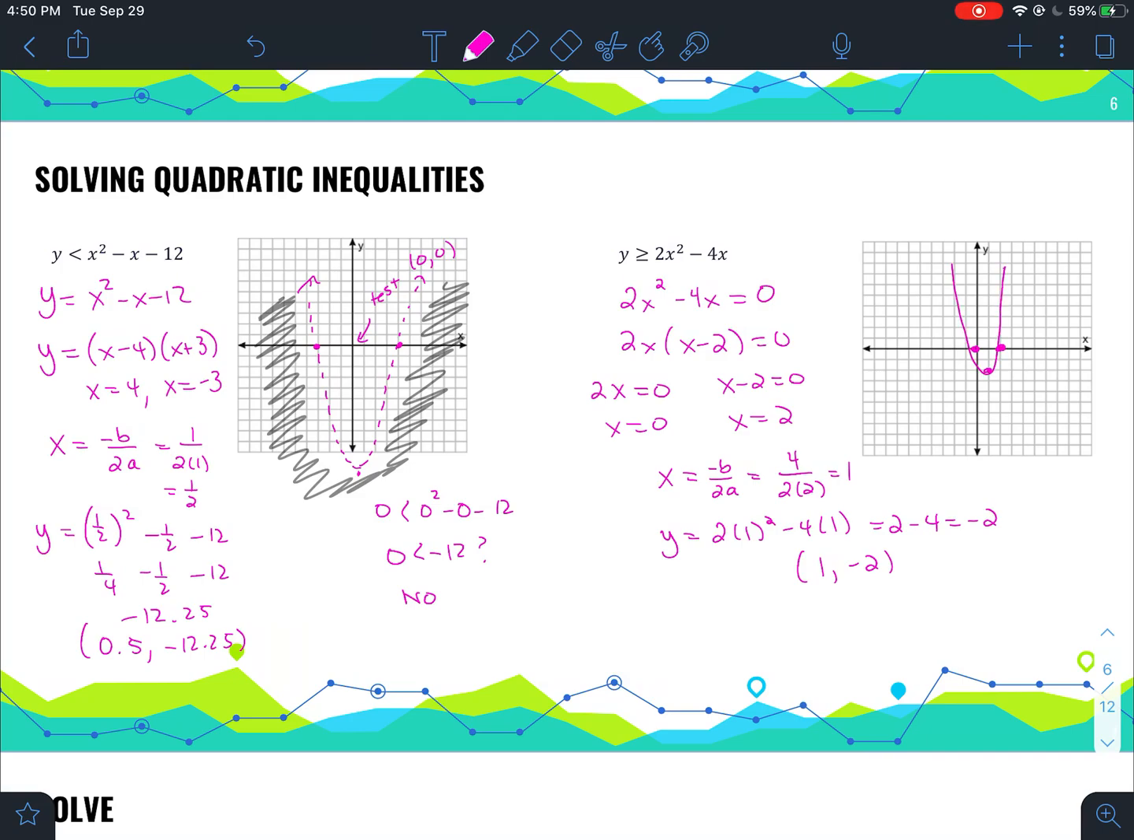And then if I were to graph it, I would have that happy parabola right there. And it's a solid line this time because it's y is greater than or equal to. And then we can do a test point. So if I did a test point, I could test the point